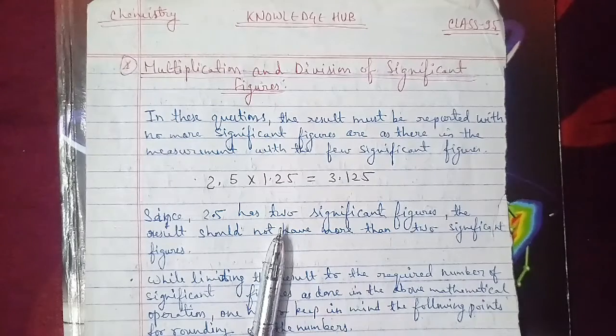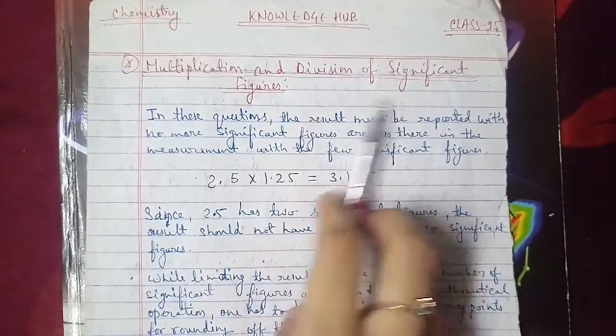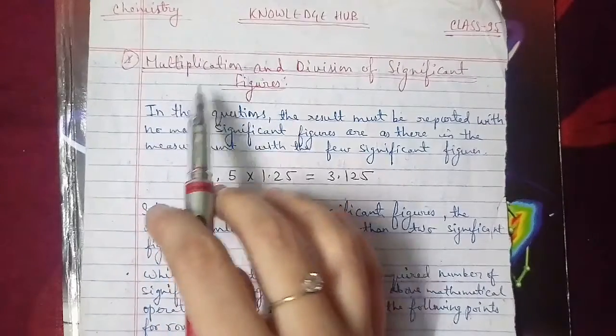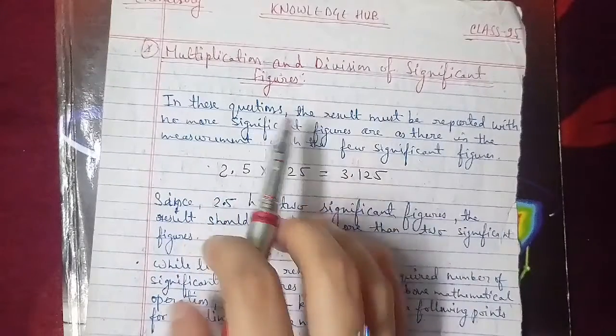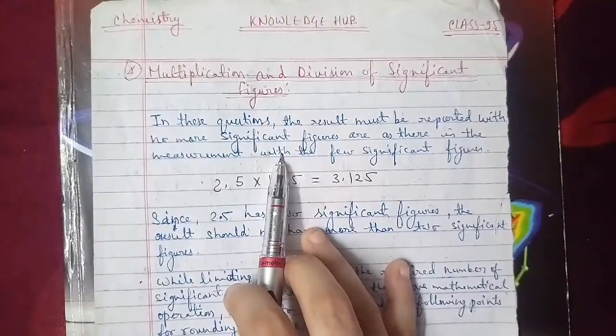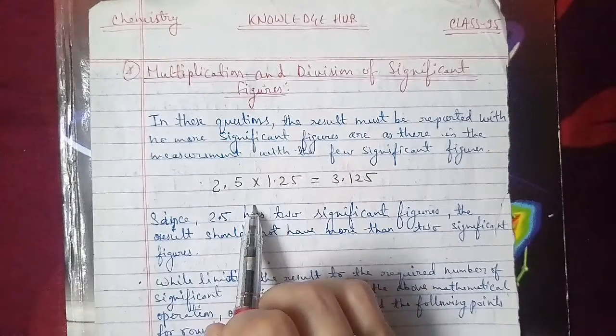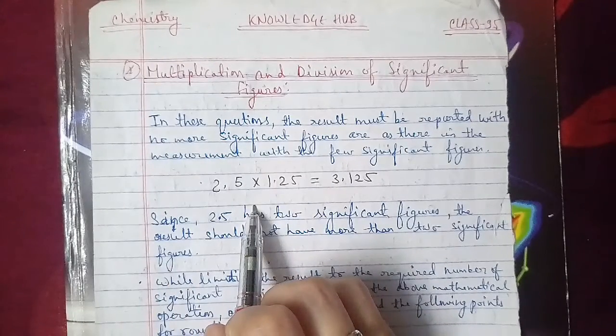And today we start with the multiplication and division of significant figures. So here we're going to start with the topic that is your multiplication and division of significant figures. Significant figures के बारे में हमने थोड़ा लास्ट टाइम पे पढ़ा था, जिसमें आज मल्टीप्लिकेशन और डिवीजन जो मेथड है सिग्निफिकेंट फिगर्स का वो हम केमिस्ट्री में डिस्कस करने वाले हैं.